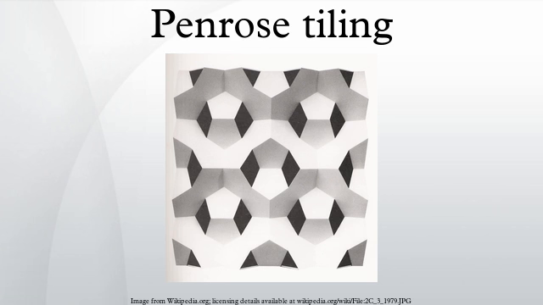There are 2 kinds of tile, both of which can be decomposed into Robinson triangles. The thin rhomb T has 4 corners with angles of 36, 144, 36 and 144 degrees. The thin rhomb may be bisected along its short diagonal to form a pair of acute Robinson triangles. The thick rhomb T has angles of 72, 108, 72 and 108 degrees. The thick rhomb may be bisected along its long diagonal to form a pair of obtuse Robinson triangles.